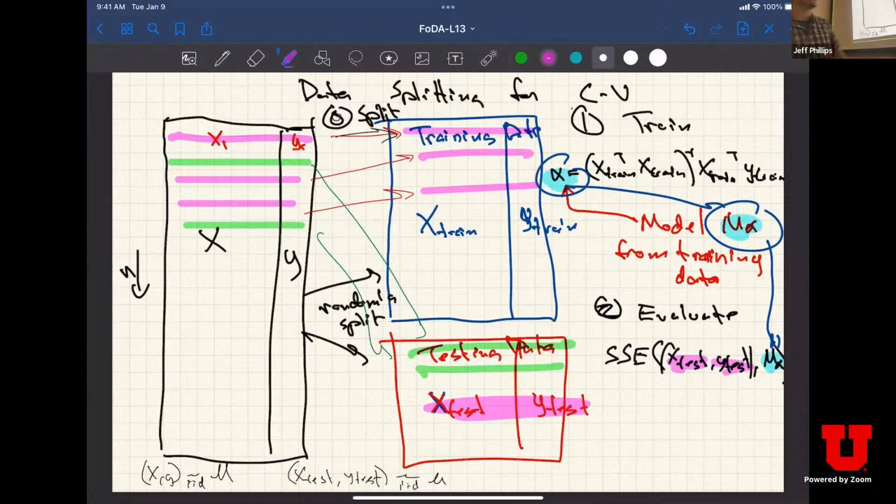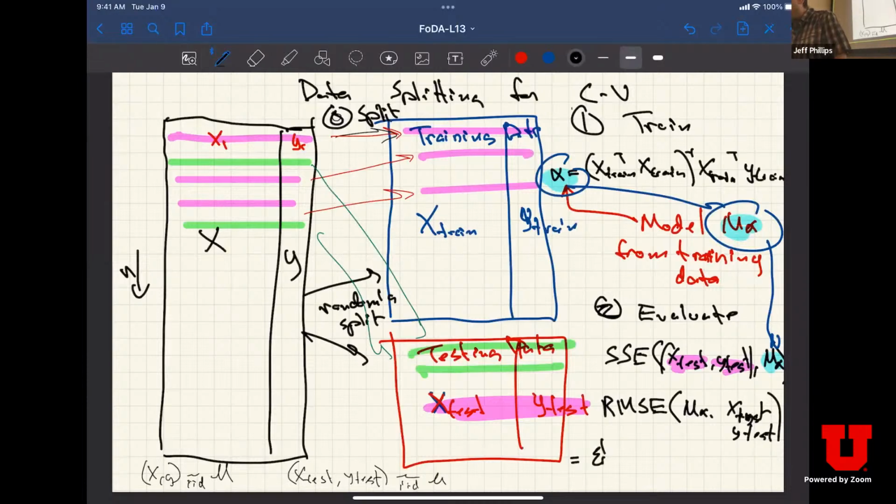Right, so the testing data is what this evaluation is doing. And for instance, I might want to report the root mean squared error on m alpha with respect to x test and y test, right? So this might be equal to this sum i equals 1 to n test, the number of data points, this might be n test, the m alpha, again, this is